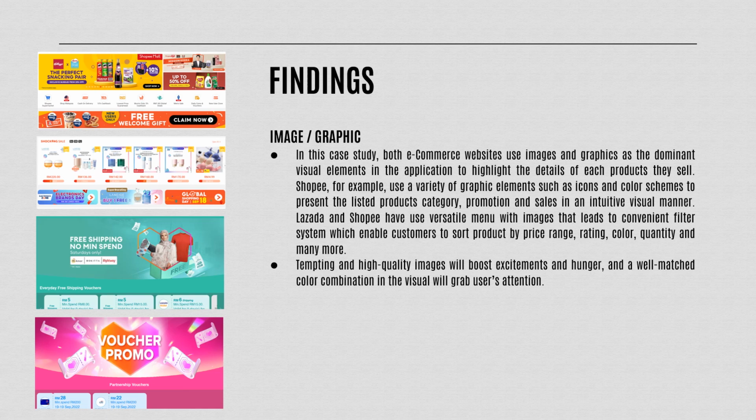Shopee, for example, used a variety of graphic elements such as icons and color schemes to present the listed product categories, promotion, and sales in an intuitive visual manner. Lazada and Shopee have used versatile menus with images that lead to a convenient filter system which enables customers to sort products by price range, rating, color, quantity, and many more. Tempting and high-quality images will boost excitement and hunger, and a well-matched color combination in the visual will grab users'